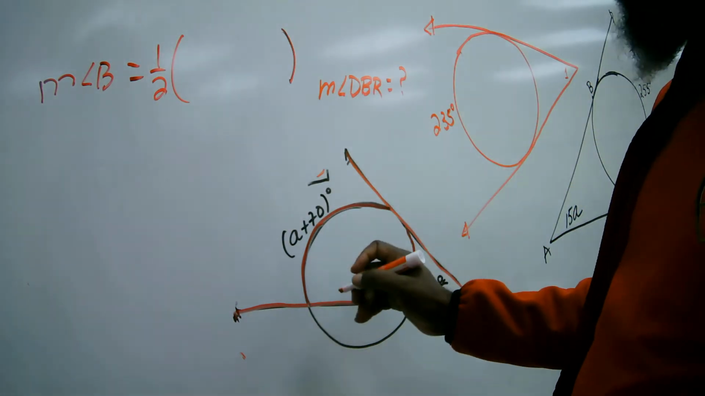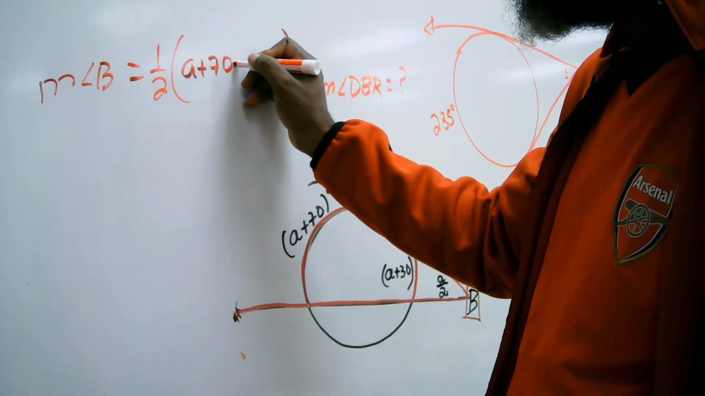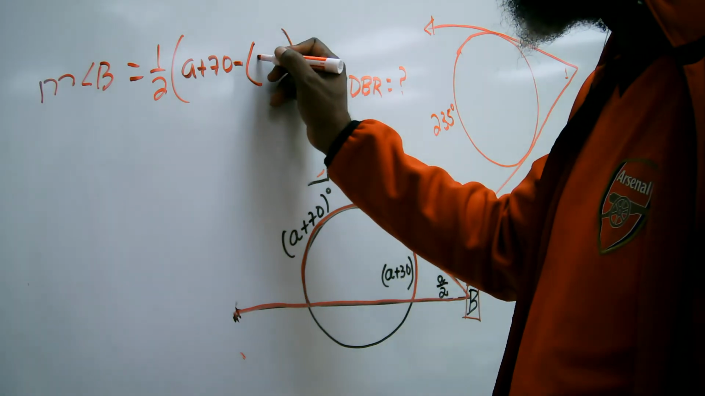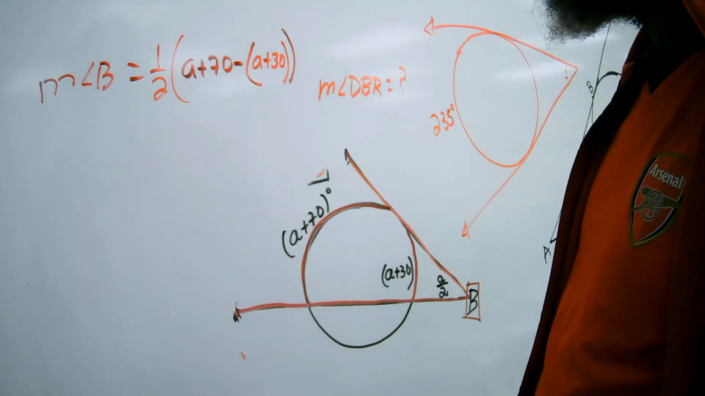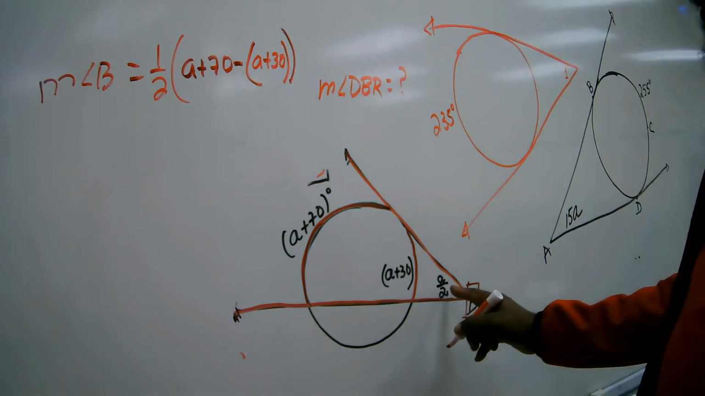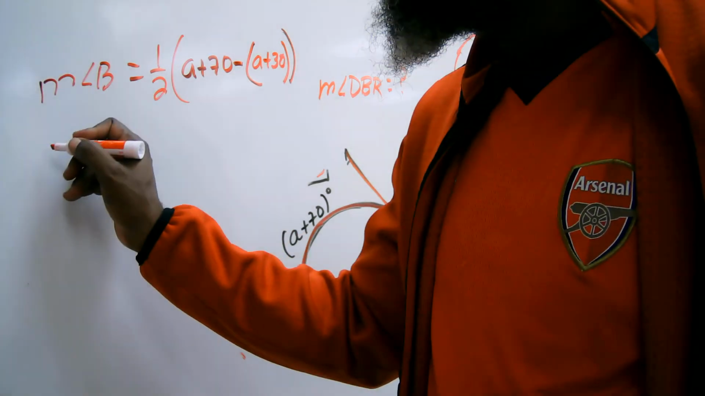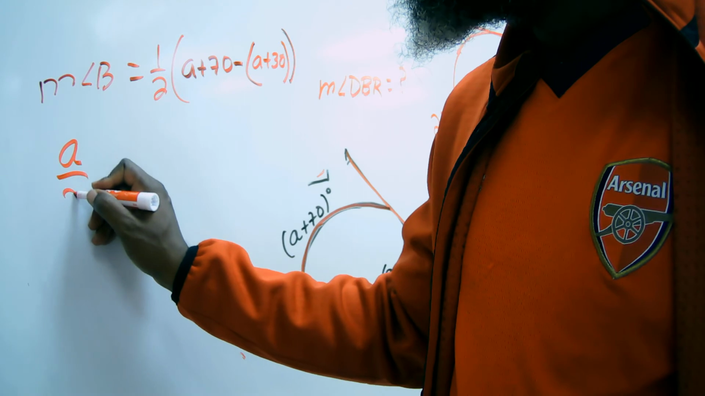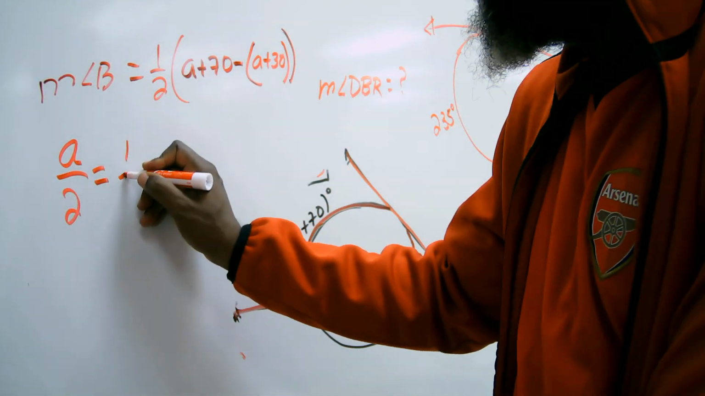The larger arc is A plus 70 minus the other arc, which is A plus 30. So be aware you do that. Otherwise, you will have problems with other operations. So in this case, we know angle B is A over 2. So you will put A over 2 is equal to 1/2